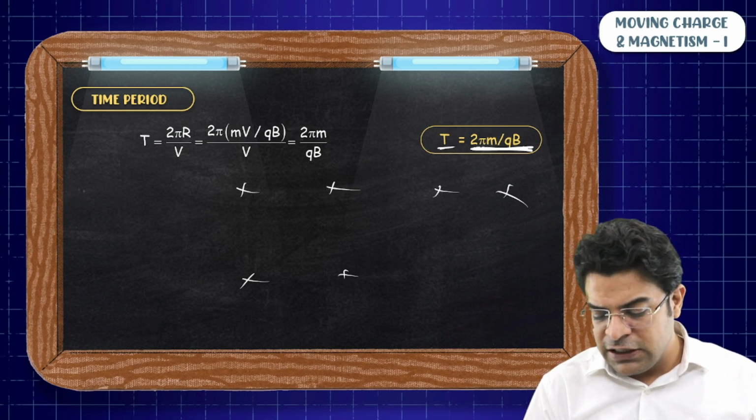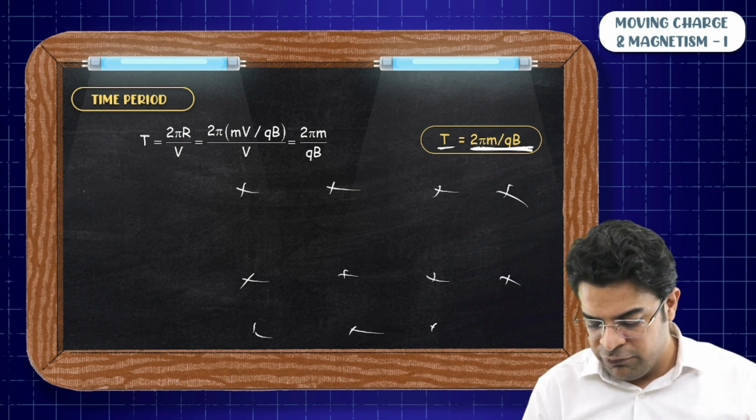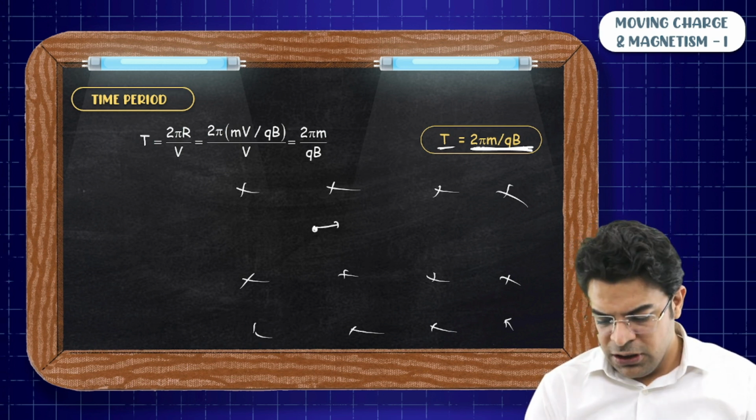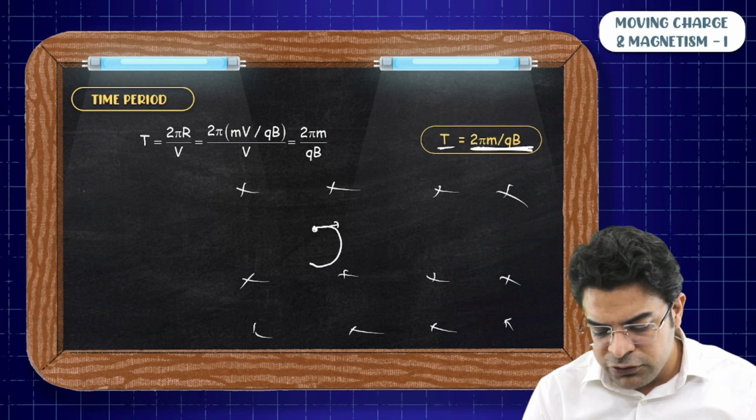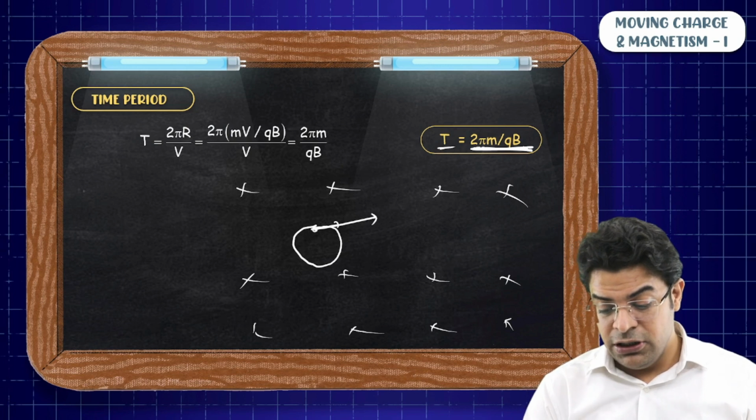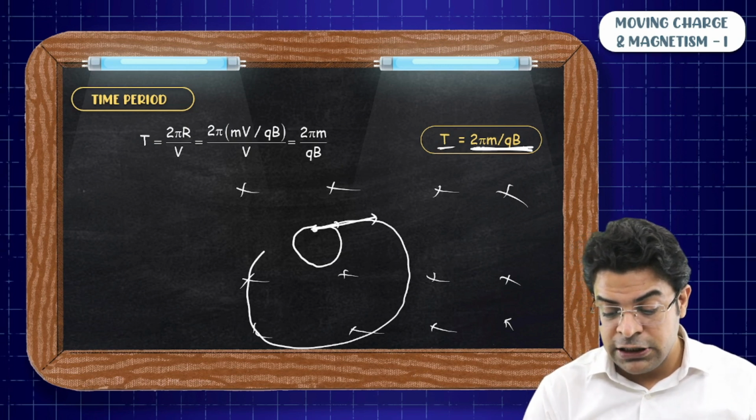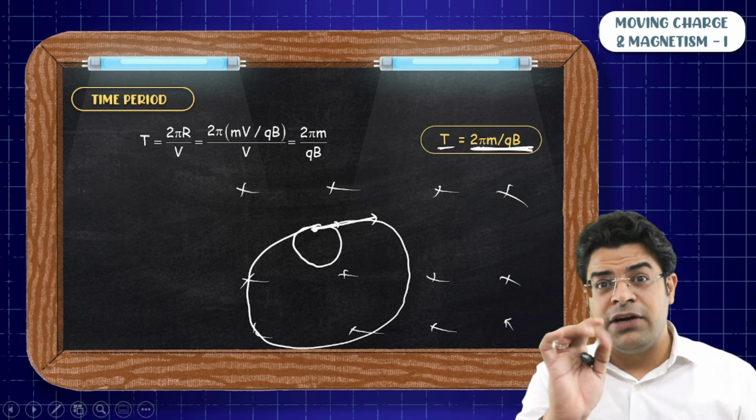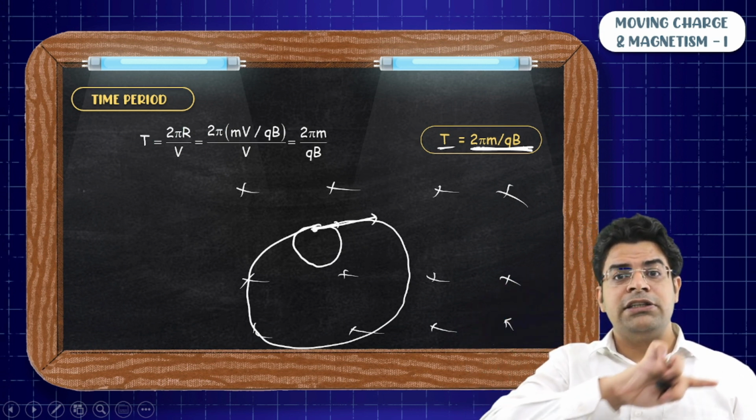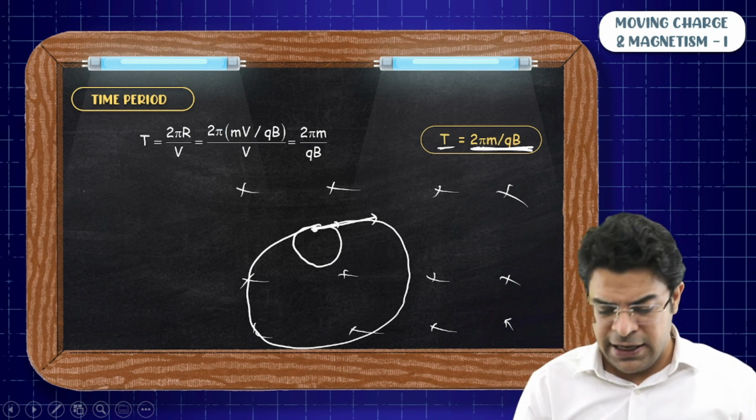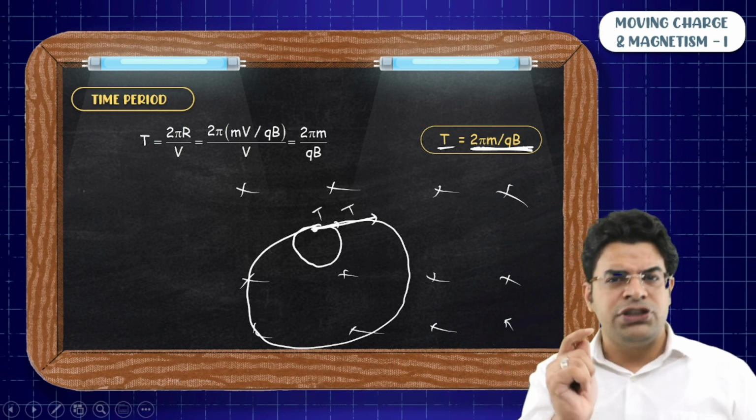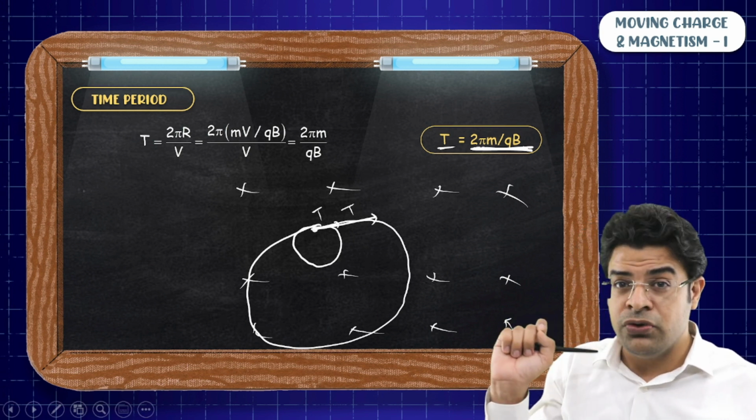If you have a transverse magnetic field, a perpendicular magnetic field, and you project a charged particle with very small speed, it will move in a circle of smaller radius and come back. If you project it with a larger speed, it moves in a circle of larger radius and comes back. If you project it with even higher speed, it will go in a circle of even higher radius and come back. But in all three cases, the time period will be the same. No matter how fast or how slowly you throw it, it will have the same